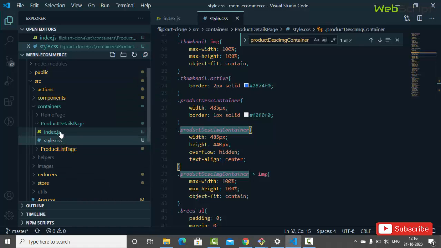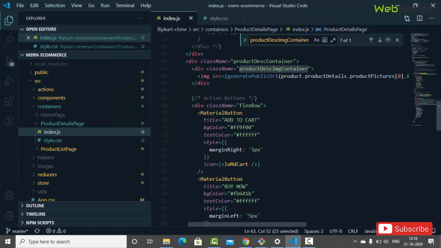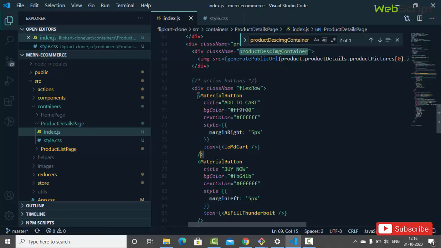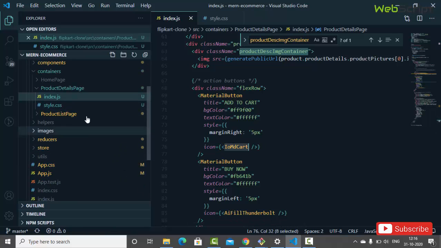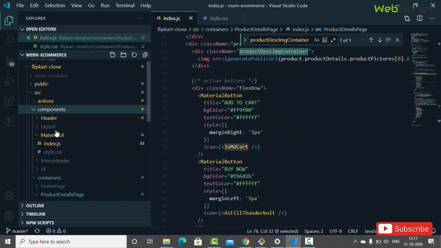And also let's go to the index and remove the button, right? Here I have used our existing material button. This is the material button with the class flex row, that is just display flex. And here we have our material button where we have title, add to cart, background color, text. The new thing I've added is that icon. So I have added a property icon, and you can find the implementation in our components folder, that is